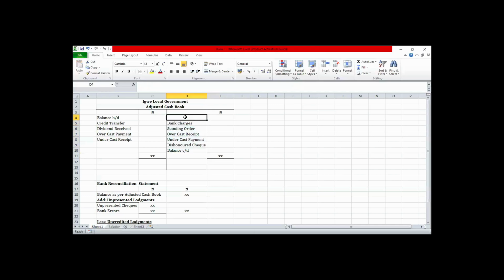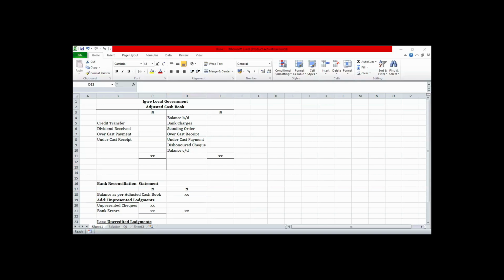An investigation into the difference in the figures reveals the following. A, the bank had paid 40,000 naira on 29th June by way of standing order. B, a check for 103,700 naira sent to a supplier on 30th June was not paid by the bank until 6th July 20XX. C, a check valued 168,000 naira paid into bank on 28th June 20XX was not credited till 3rd July 20XX. D, on 20th June, a check for 11,400 naira received from an insurance company was posted in the cash book